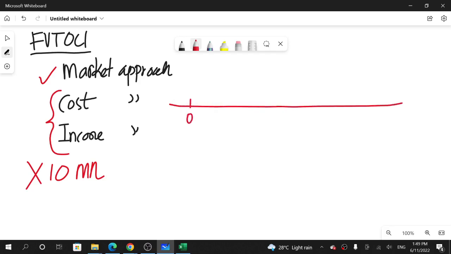Today you are giving the loan, and after 5 years, you are going to receive 10 million, right? Today you are giving 10 million. After 5 years, you are getting that 10 million back. So what you want to do is get the fair value by discounting that loan proceeds using the discounting factor given in the question. If you read the question, it says,